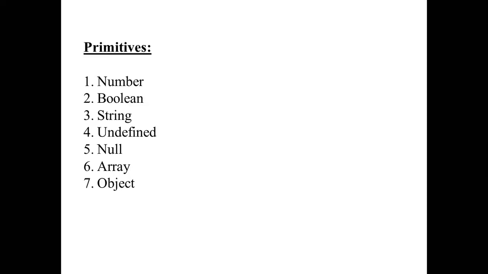Next one, array. An array is a collection of elements of the same data type. Next, object. Every data type has an object in JavaScript. Suppose number, there is an object for this data type as Number. If it is the boolean data type, the object version is Boolean. Next string, the object version of string is String. There is an object for every data type: number, boolean, string.